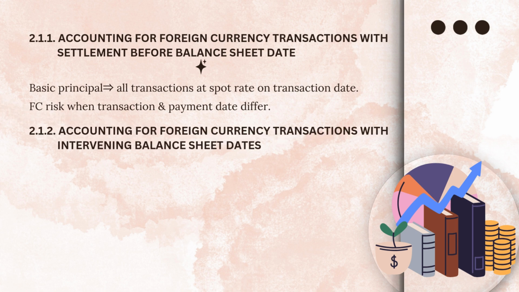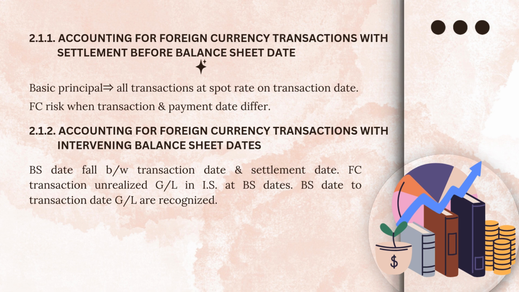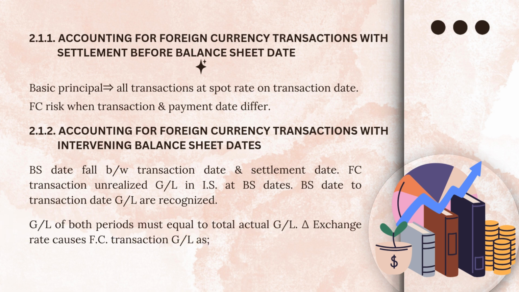2.1.2 Accounting for foreign currency transactions with intervening balance sheet dates. BS date falls between transaction date and settlement date. FC transaction unrealized G/L in IS at BS dates. BS date to transaction date G/L are recognized. G/L of both periods must equal total actual G/L. Delta exchange rate causes FC transaction G/L is